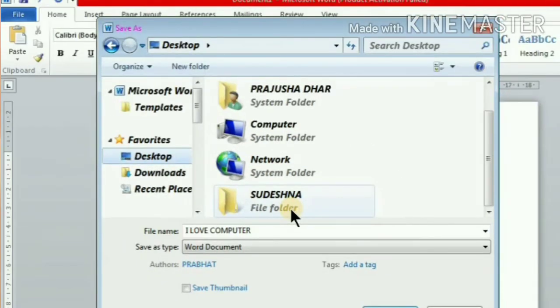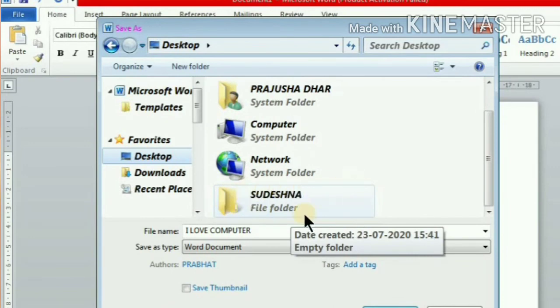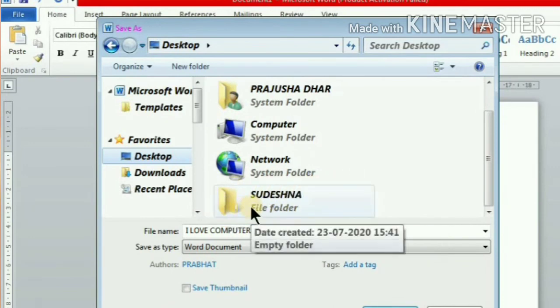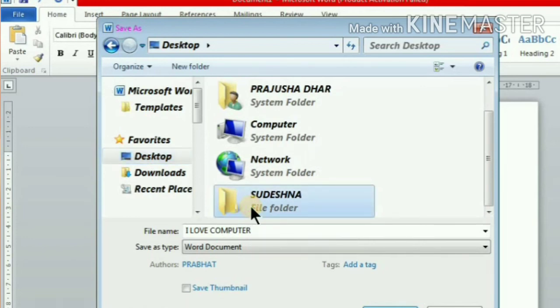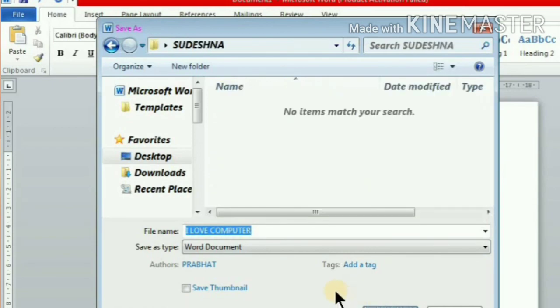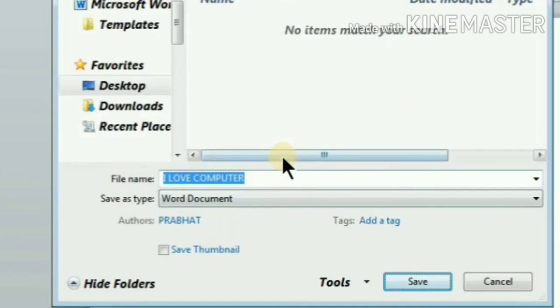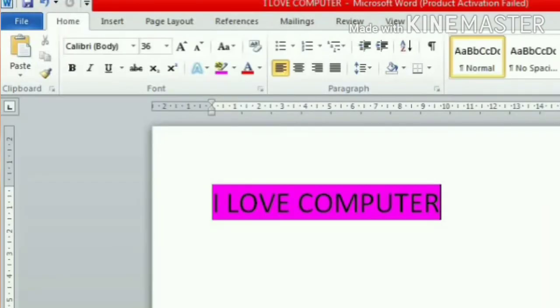That means I have to open this folder. How will you open? You select the folder. As you select, the folder opens. And now you click on the Save button. That particular file is now saved in your folder. Have you understood this? Okay.